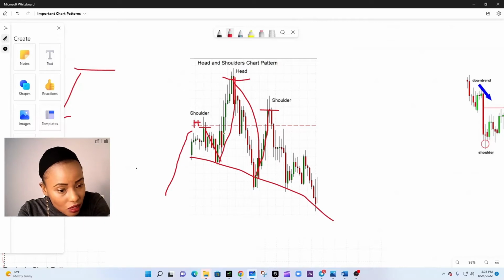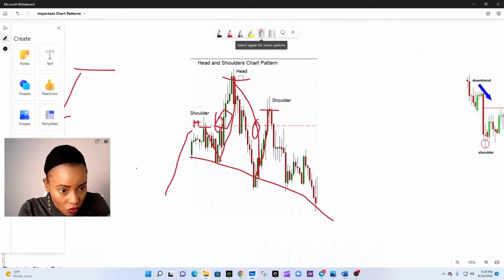In other words, it has formed troughs. If you look at this structure, you can see there's a trough here and there's another trough here. So these are 3 peaks formation, with the second peak being higher than the first and the third peak. So this is a head and shoulders